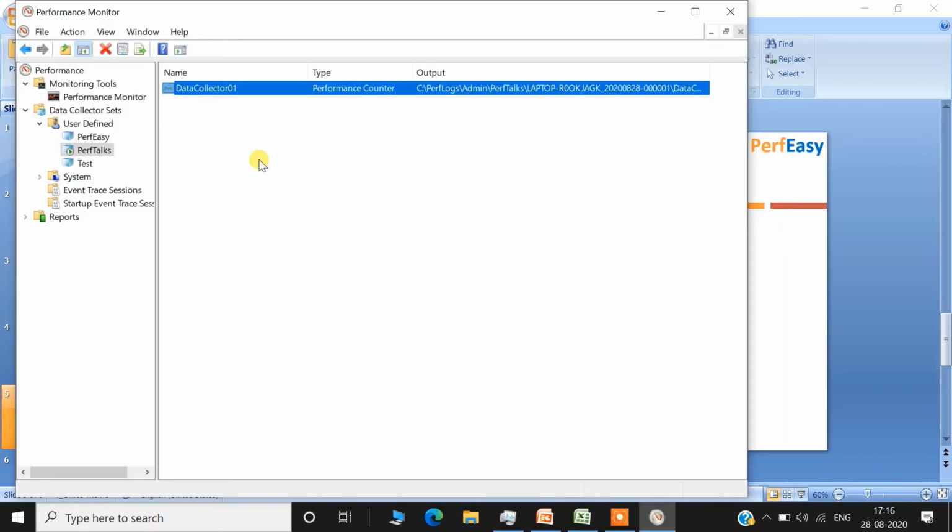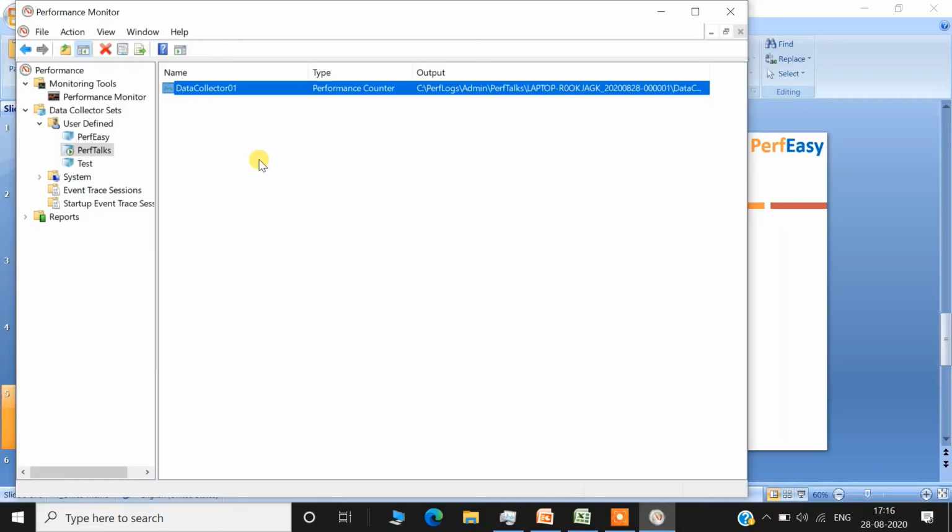Let's say x was the value before starting the test, then during the test these values increase to x plus 20, x plus 30, so memory consumption and CPU consumption would increase. After the test, the expectation is the values should come down to the initial state. So that we can get a comparative view, we should always keep the counters running some extra time